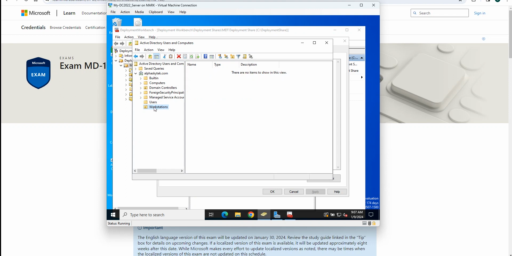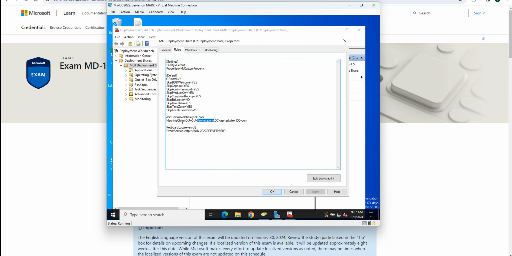Click OK, and as you can see, the OU is officially here. It's called Workstation. This is the domain controller, comma,